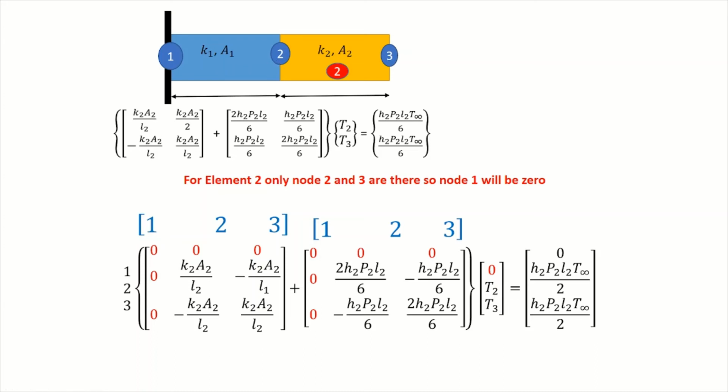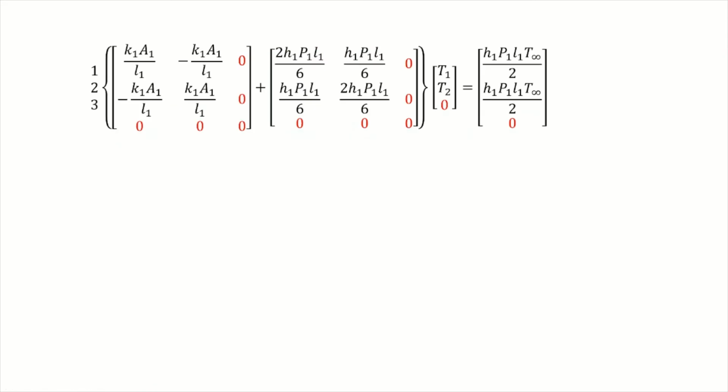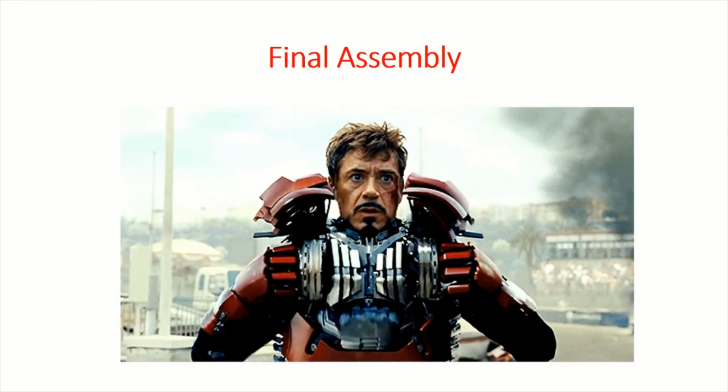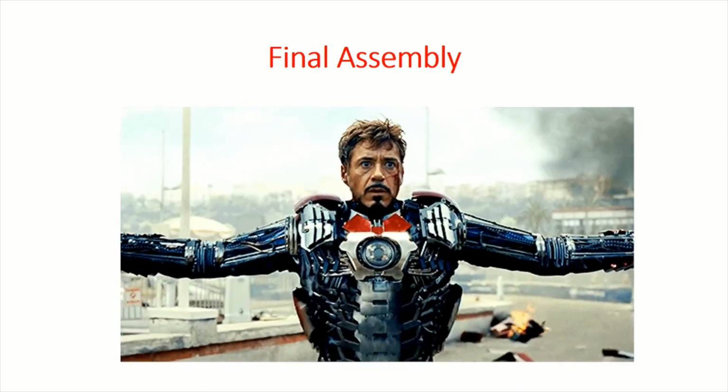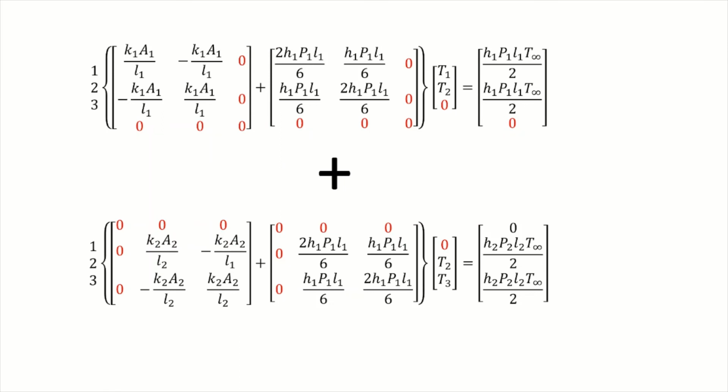Now similarly, if you go for element 2, in element 2 one part is not there. As I told earlier, node 2 is the bone of contention, just like the India-Pakistan border, Kashmir. So 2 is Kashmir. Got it? It is on both sides, so 2 will be included. However, in the second element, one node is not there. That's why we have not included that part here. Hope this part is clear.